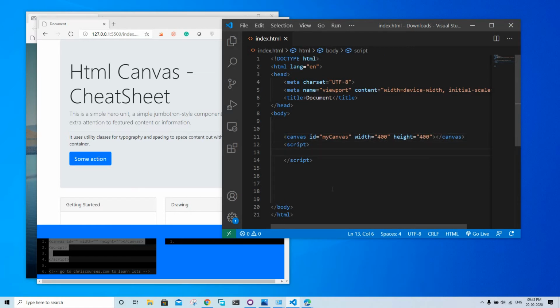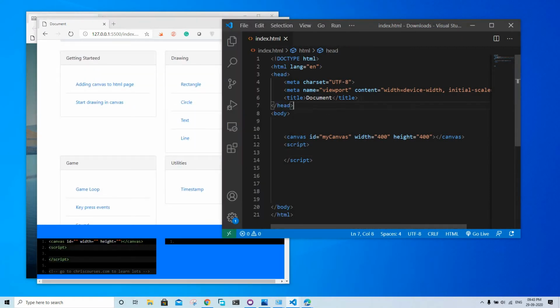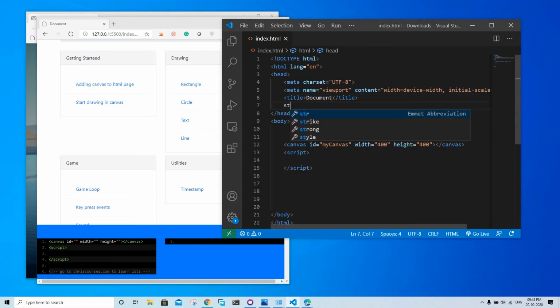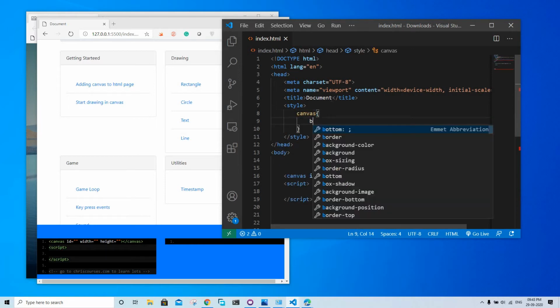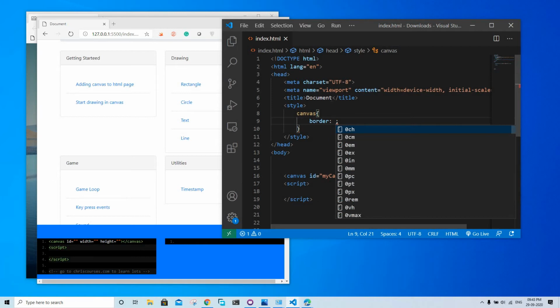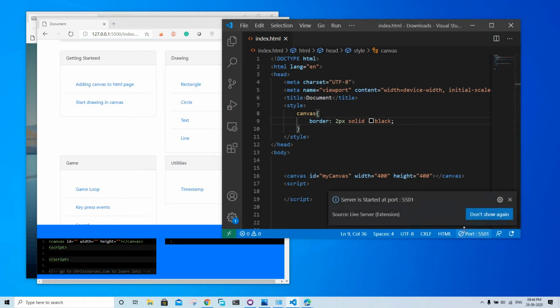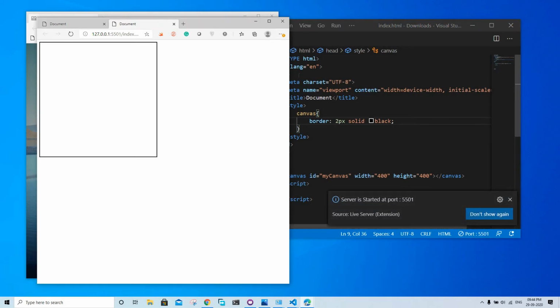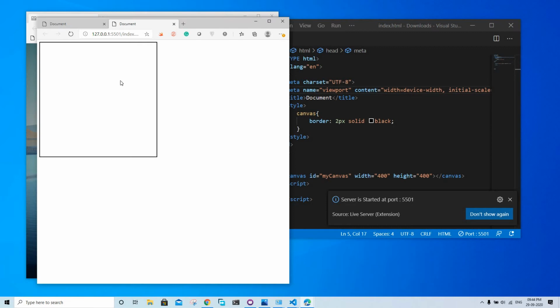Okay, let's just give some styling. This is not necessary, I'm just giving it so you can see the canvas in a page. So I'm going to go live. In case you don't know, this is an extension in VS Code which puts whatever page you are using right now into a live website, and this is what you see, a 2 pixel border that you see here.